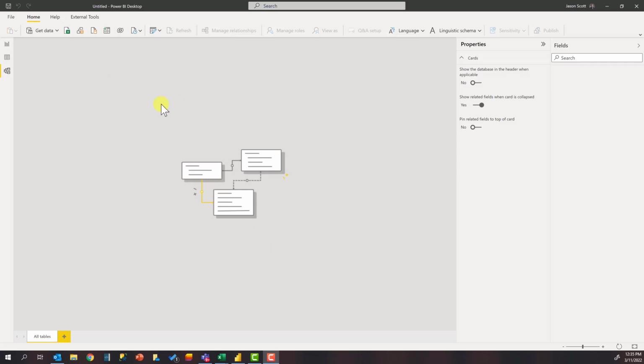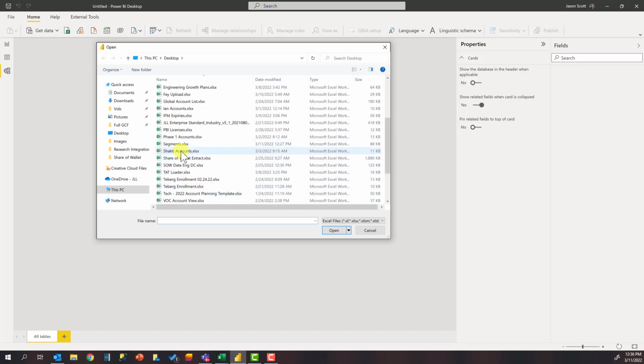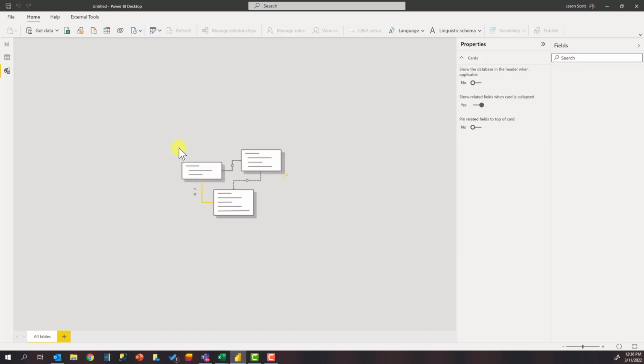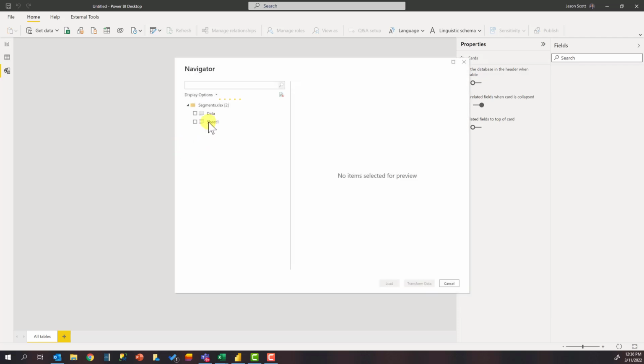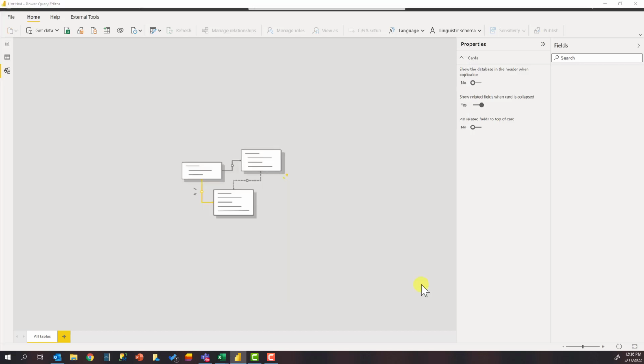We're going to start in Power BI, and we're going to go up to the top left and click Get Data. And for this, we're just going to load an Excel workbook that I've got prepared for this demo. The file is called Segments. So I'll load the segments file, and I know that I want the data sheet, so I'll select the checkbox next to data here, and instead of just clicking load, I'm going to click transform data so that we can go into Power Query to make